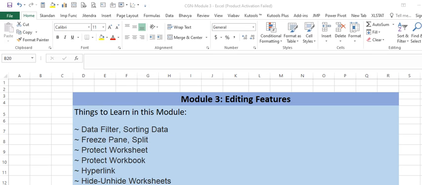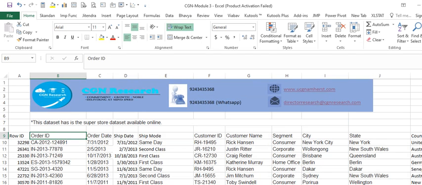To identify that, first let us look at a data filter and then move forward.